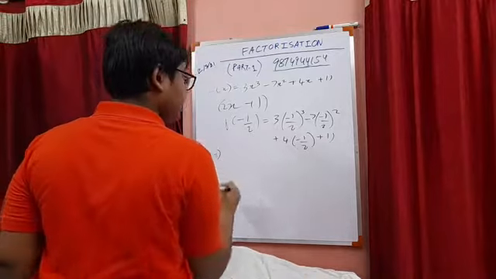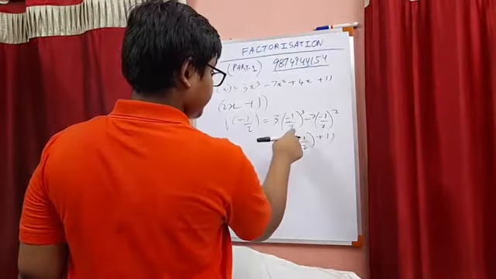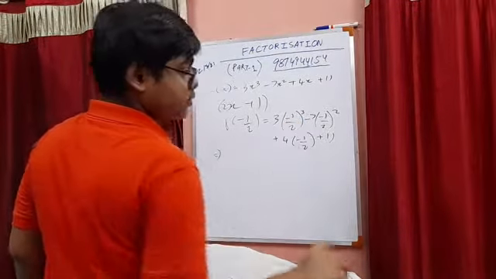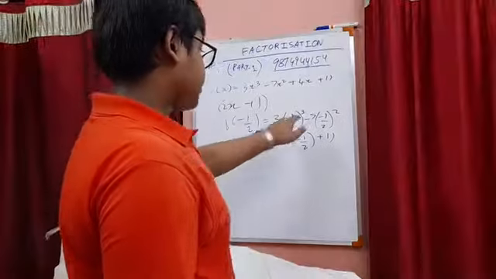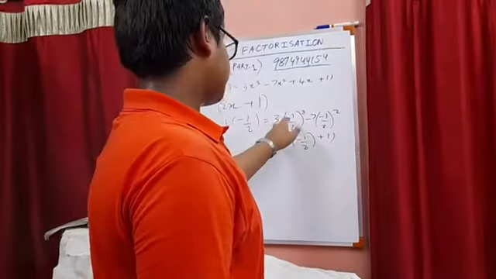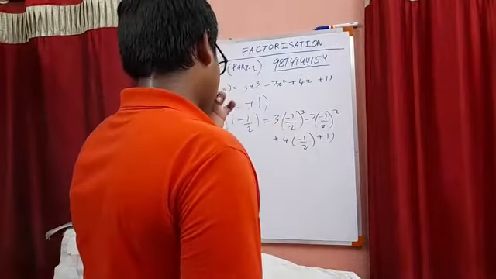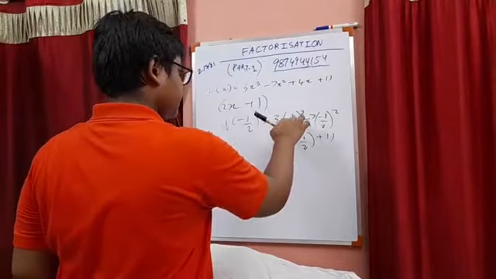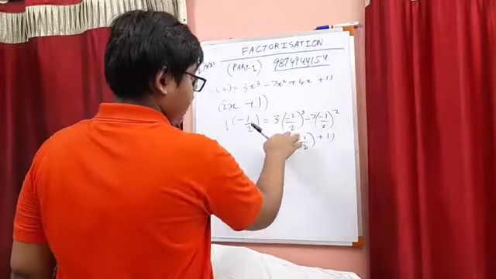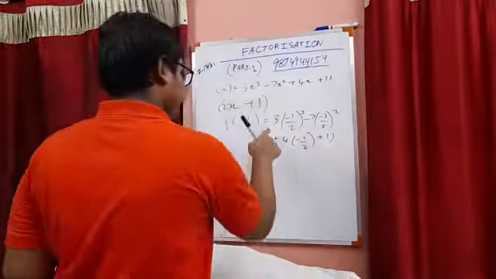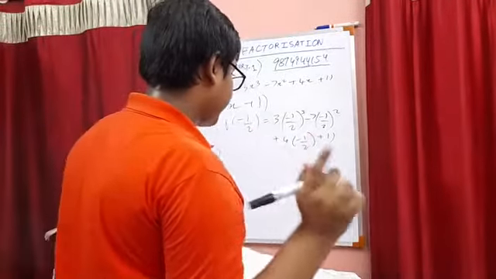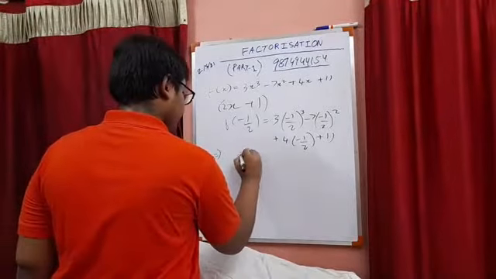Which will be 3 times minus 1 by 2 cube. Minus 1 cubed will be minus 1 itself, because cube will not change the sign of the number, but only cube the integer. And 2 cube will be 8. Therefore 3 into minus 1 by 8,